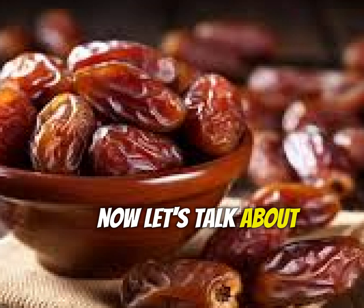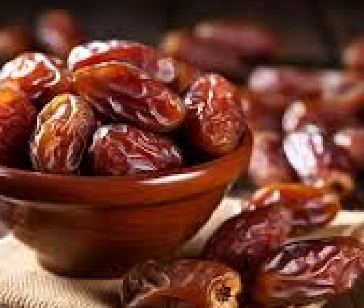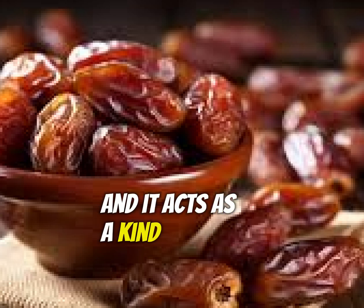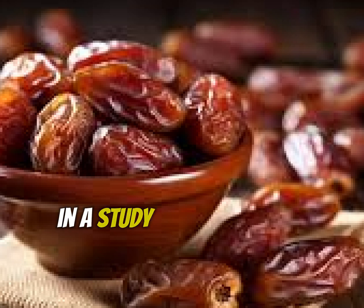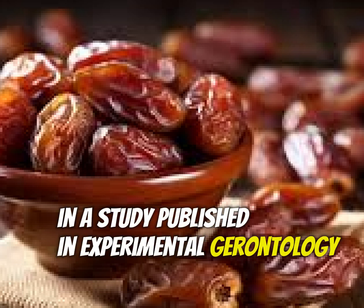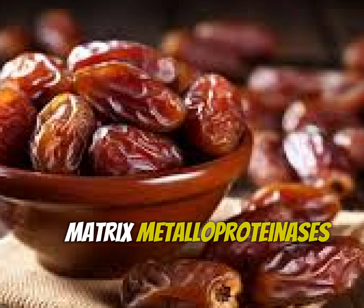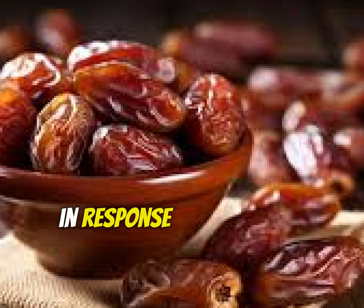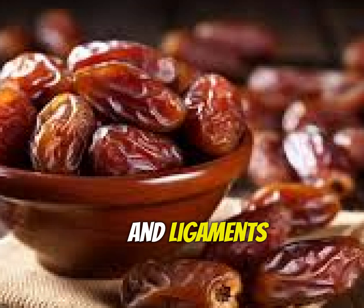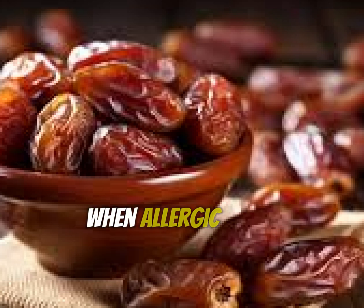Now, let's talk about ellagic acid. This polyphenol is found in berries like pomegranates, raspberries, and strawberries, and it acts as a kind of molecular bodyguard for collagen and elastin fibers. In a study published in Experimental Gerontology, ellagic acid was shown to inhibit matrix metalloproteinases, MMPs, enzymes that break down collagen in response to inflammation or injury. That means your tendons, skin, and ligaments maintain more of their original structure and elasticity when ellagic acid is present